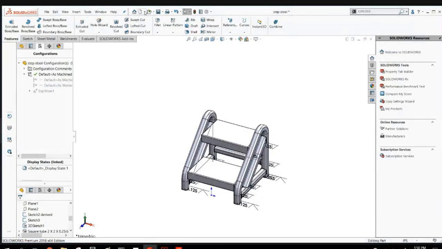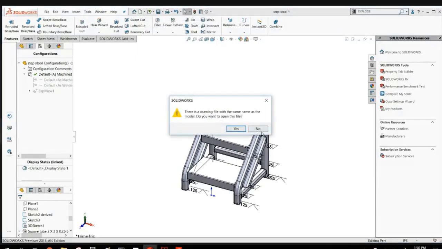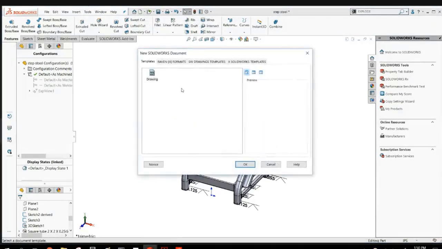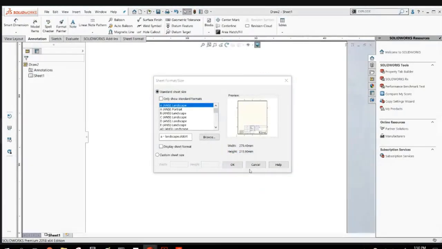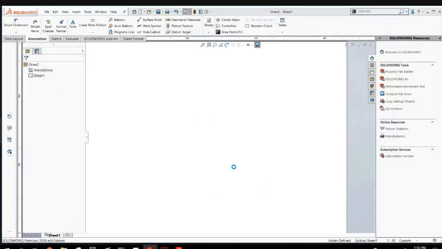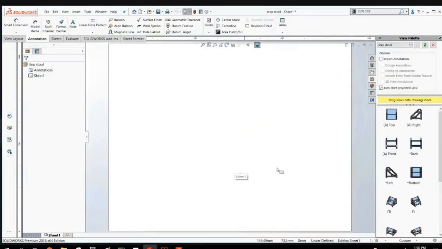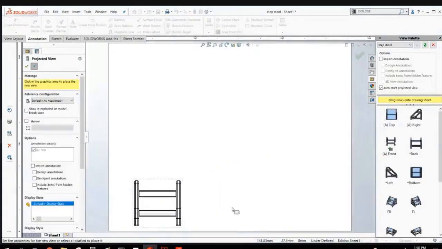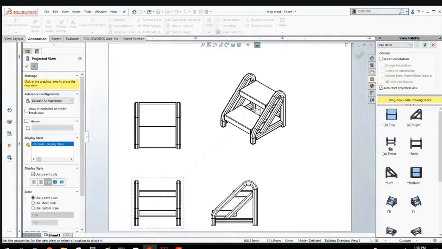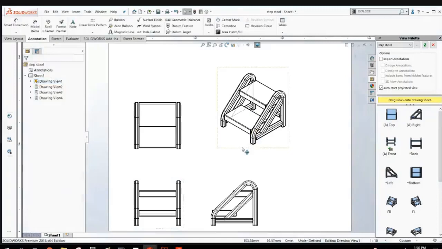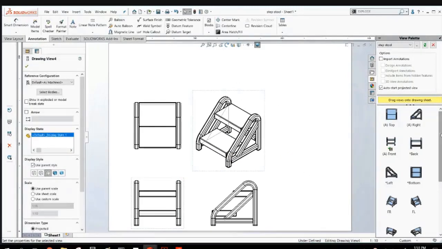With that, I'm going to make a drawing out of this now. I'll create a brand new one. Just an A size. And as usual, I'll get a projected view. I can make front, top, right, ISO pretty quickly. But if you have an exploded view,